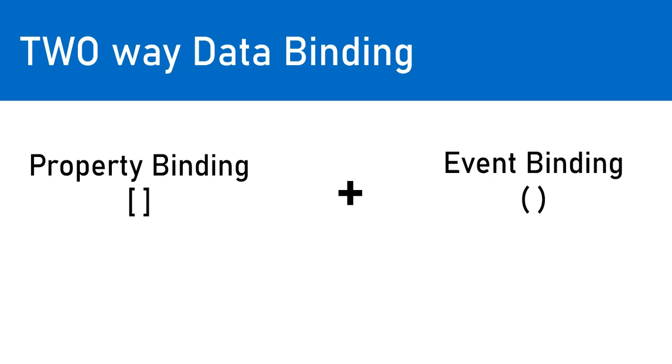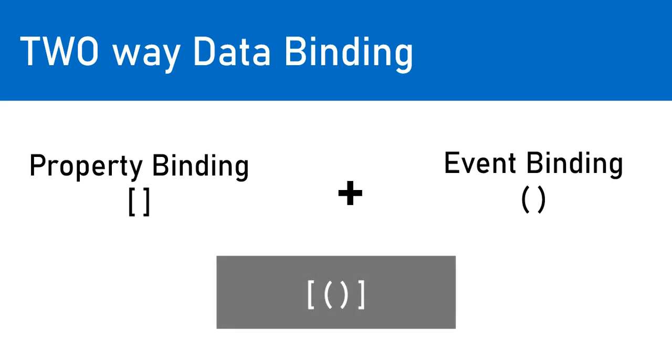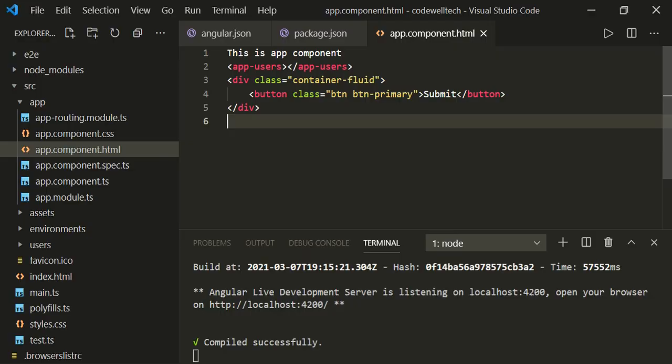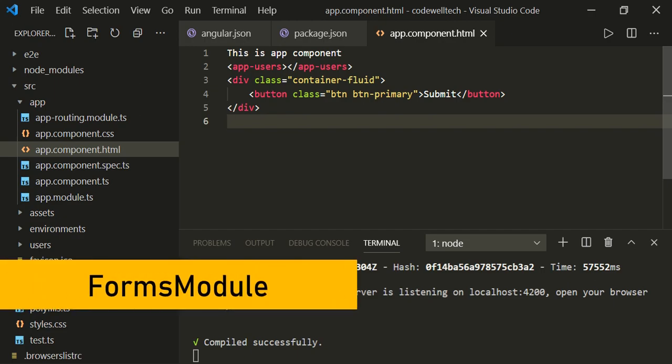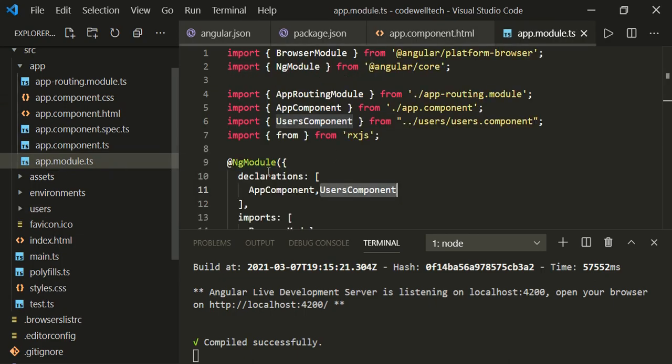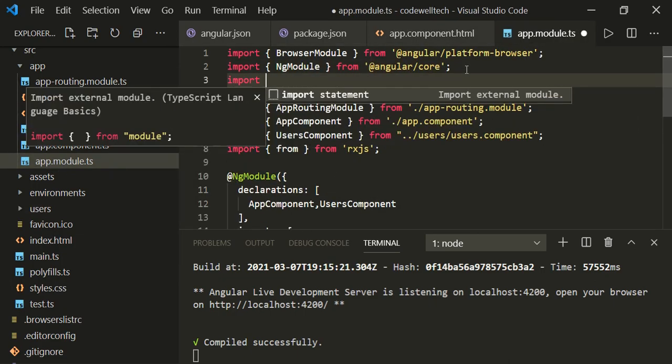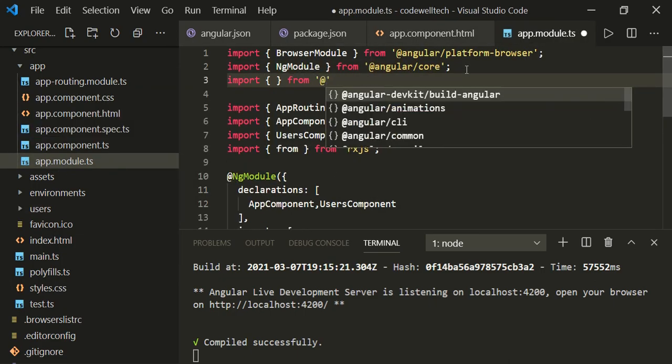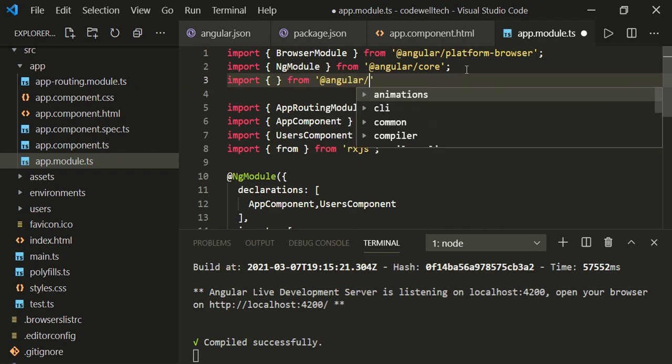Please check my video. Even the syntax that we use for two-way binding is the combination of property binding and event binding. Now let us see an example, and then we will talk more about what two-way binding is. To use two-way binding, we need to import one of the modules called the forms module. So go to the app module and here import from @angular/forms